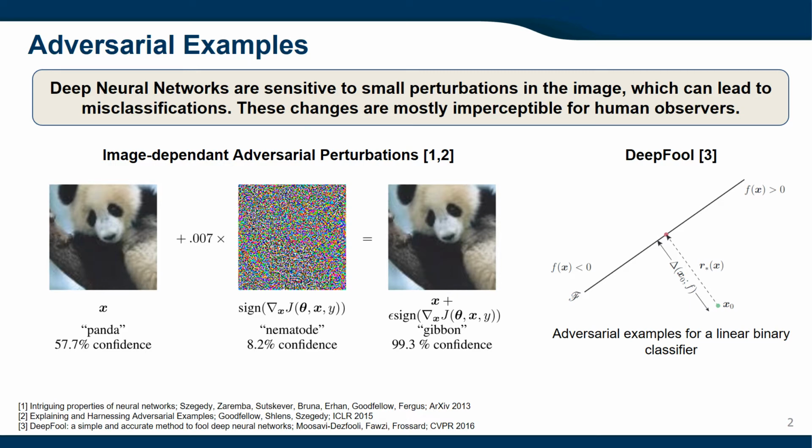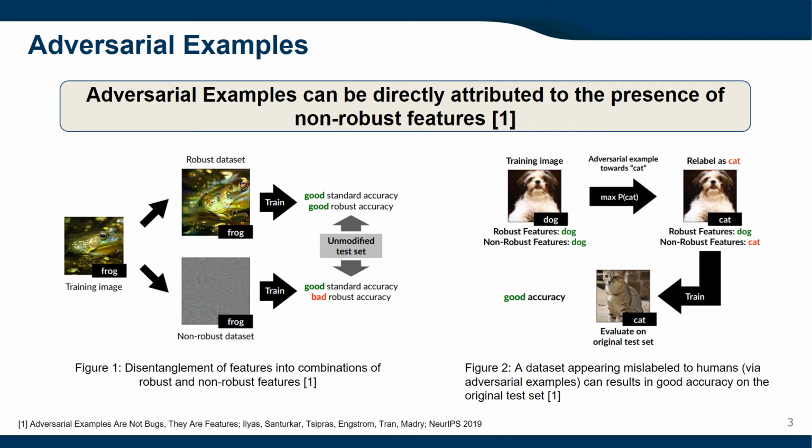One famous technique, DeepFool, is inspired by this perspective and utilizes malicious noise to push an image across the decision boundary. Recently, Ilyas et al. provided a new perspective on adversarial examples. Specifically, the authors attributed the success of adversarial examples to the existence of non-robust features in a dataset.